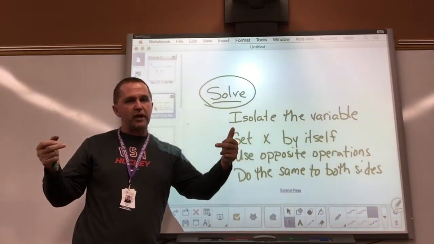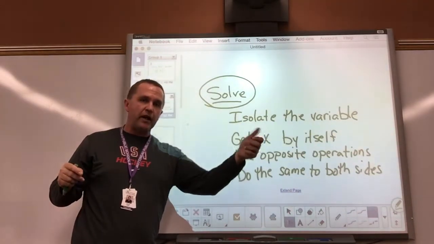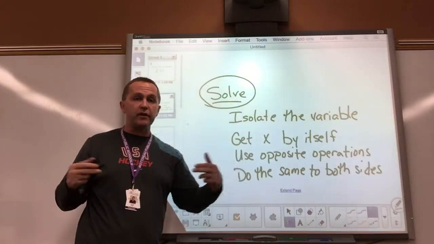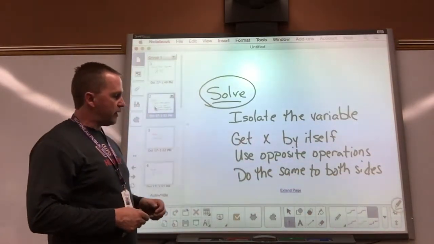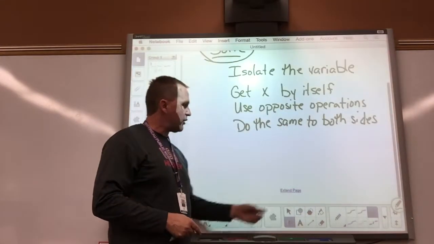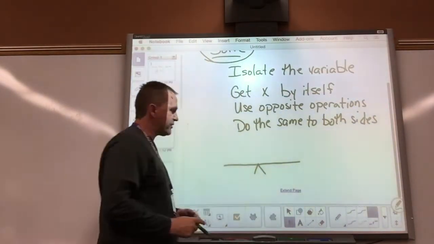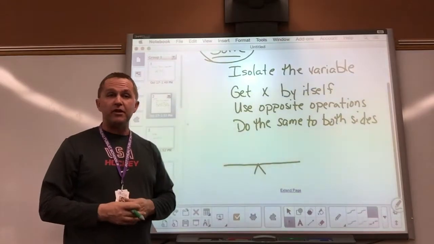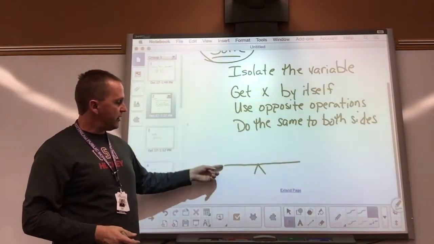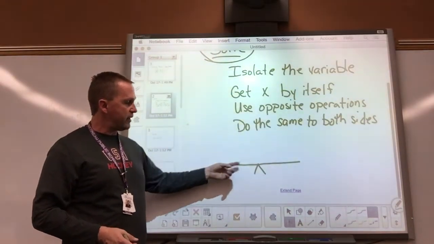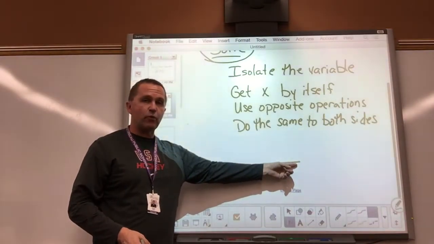If I decide to subtract 100 from this side over here, I need to subtract 100 from this side over here so that I balance that out. I used to tell students that an equation was like a teeter-totter. However, I guess I realize now that a lot of the playgrounds maybe don't have teeter-totters, but in the old teeter-totter, if one person sat on this side, assuming the other person on the other side weighed the same amount